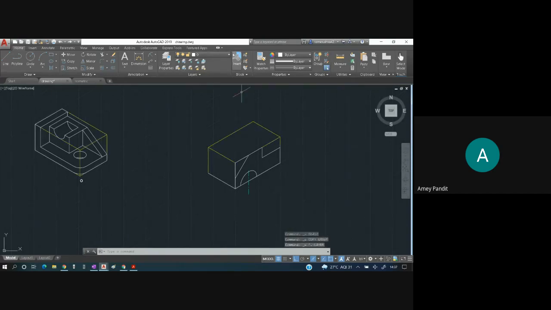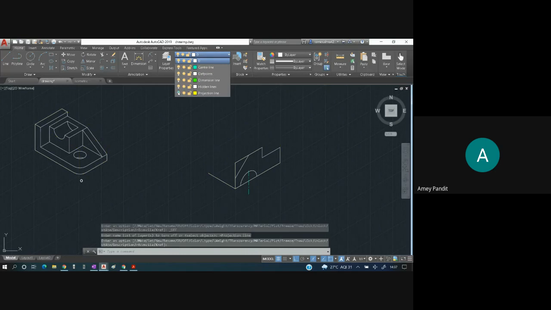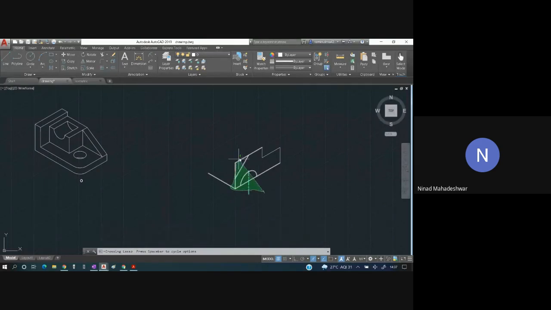Switch off this part, the projection line. Select the entire front view. I have selected this, or you can do this one by one also: 1, 2, 3, then 4, 5, 6, 7, 8, and the base part.